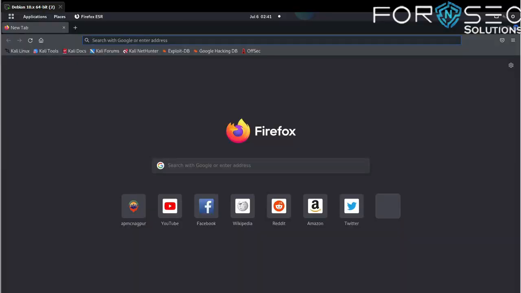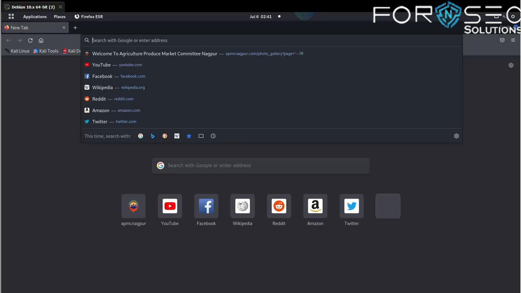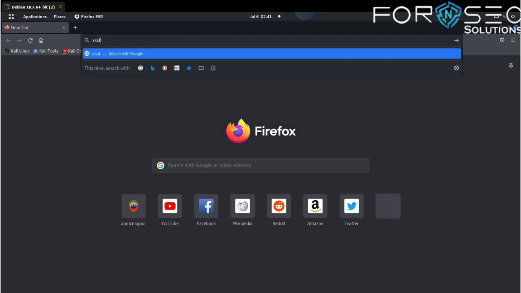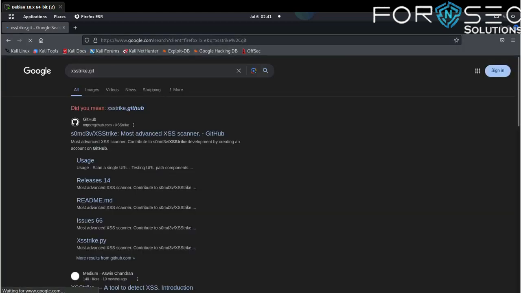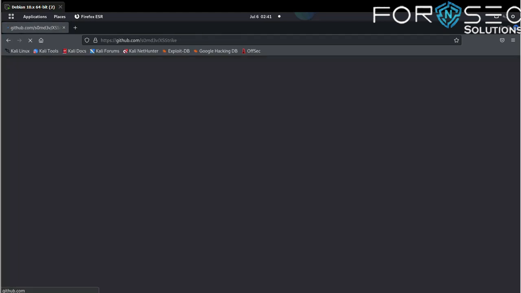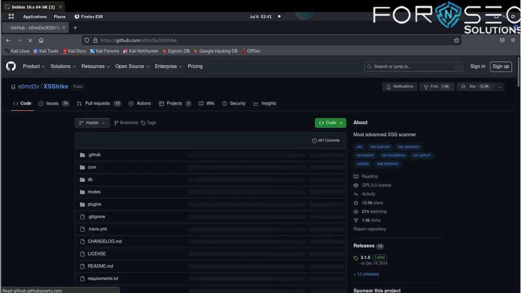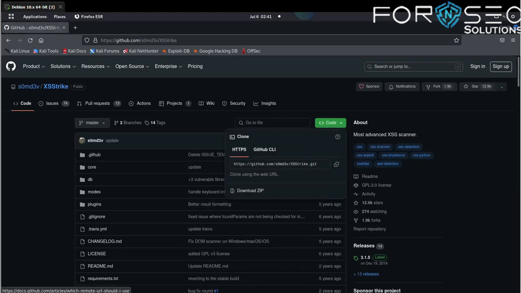XSStrike is a Python language based tool. It's easy to install in your Kali. You can download this tool from GitHub. We can open Firefox and type XSStrike, and hit enter. And click on the first link, copy this link,